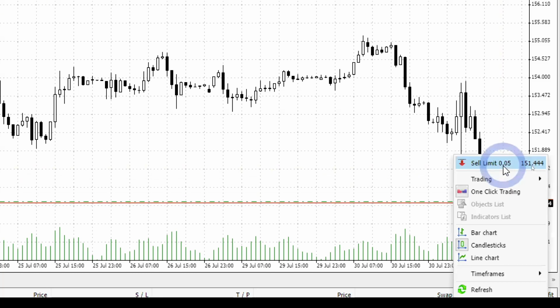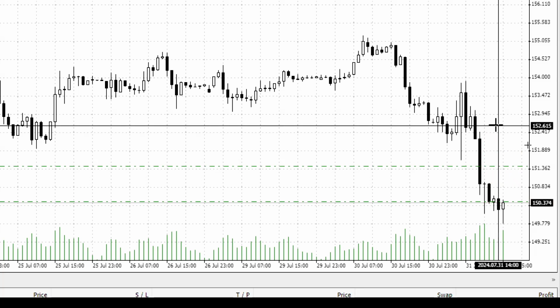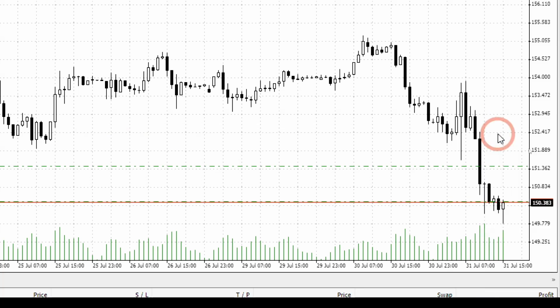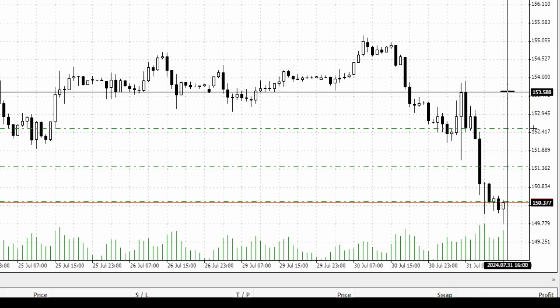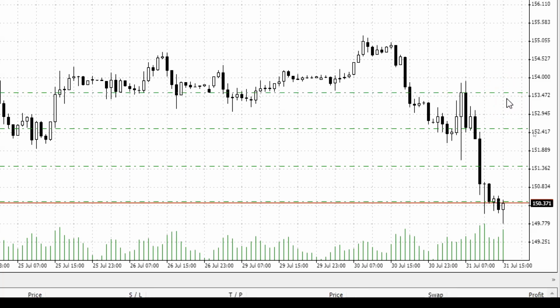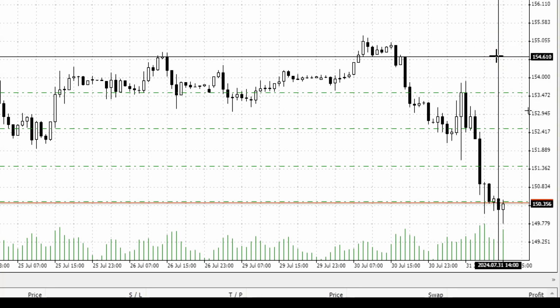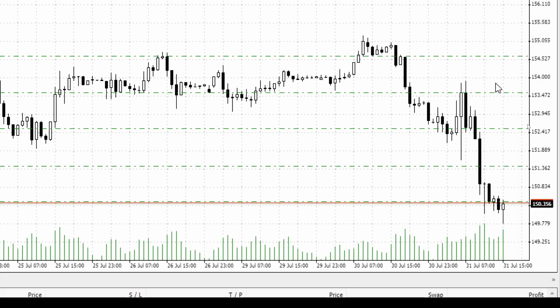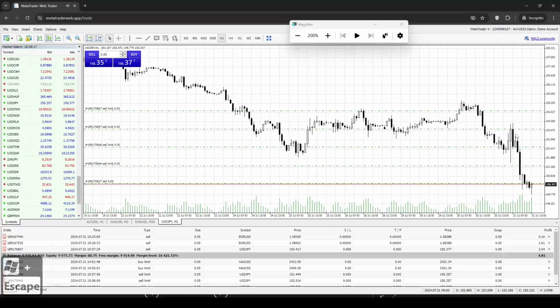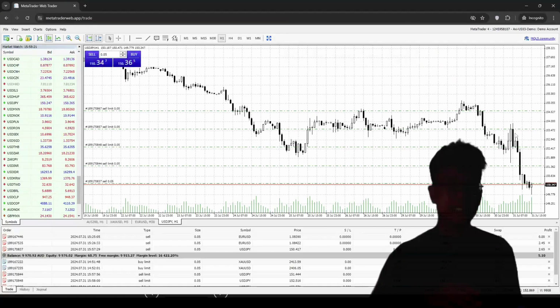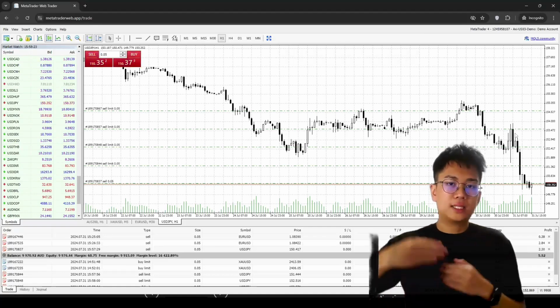I can also sell here, and here, and here, depending on your own risk, how far you want to go at the back. Over here, I have entered 1, then you can enter 2, 3, 4, and maybe 5. And this is how you guys can start trading in the easiest way, which is just dollar cost averaging